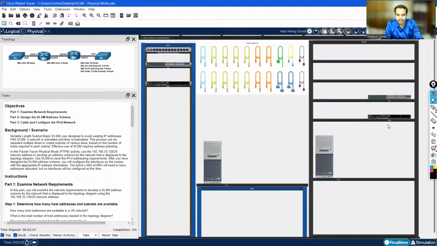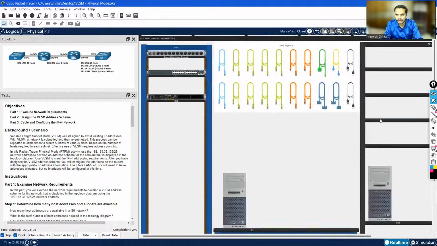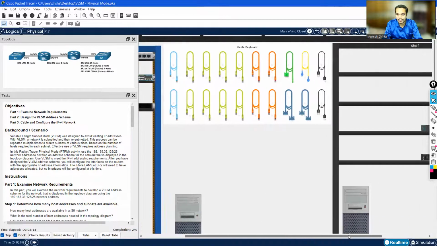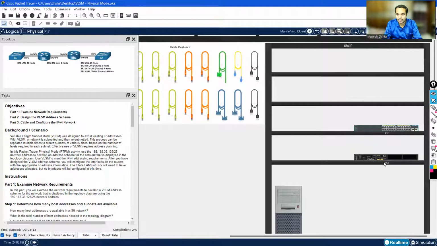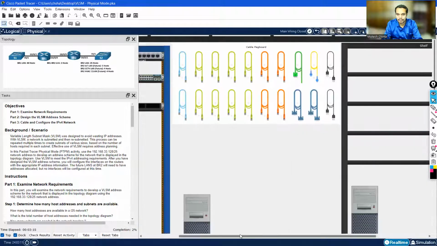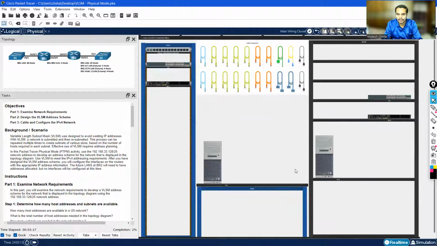You can see all these devices are marked over here. All the devices are clearly marked. The BR2 is here. Okay, so you just drag drop it. BR2 is to be drag dropped here, and then followed by S2. So I placed all the devices that are required for my topology, and now it's time to connect them according